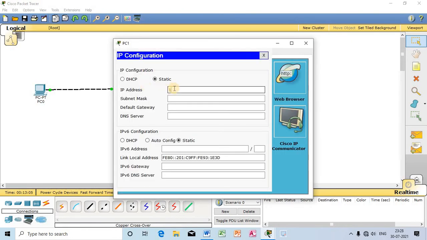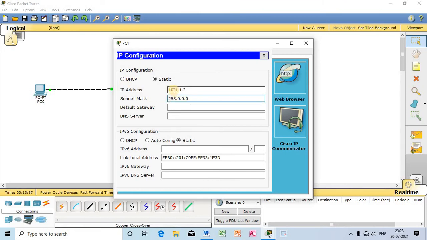I will provide 10.1.1.2. This IP address also belongs to the class A category. The default mask is 255.0.0.0, and the IP address is separated into two parts.